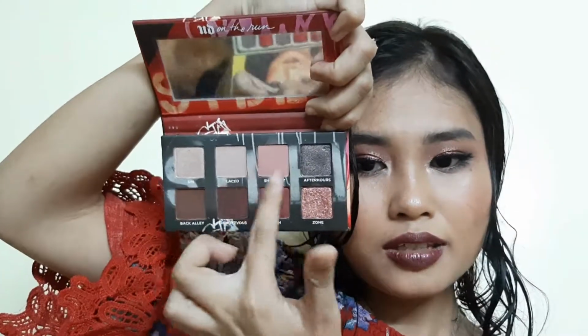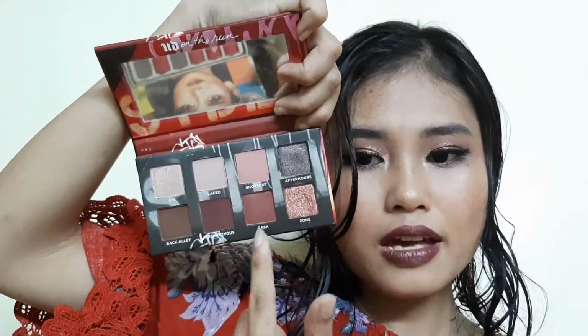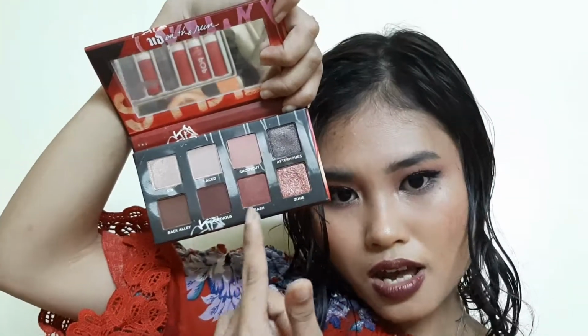So that's a bonus. And I think that the looks that you can create with this are very wearable. It's a very flexible palette. You can create everyday makeup looks and glamorous looks like this if you really want to, because you have these lighter shades up here and then your darker shades right here to add dimension to the look. So it's just very versatile, and it just depends on what kind of makeup look you're going for, what kind of